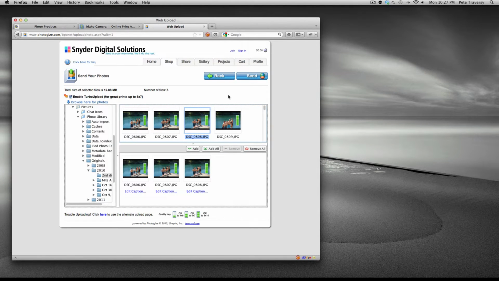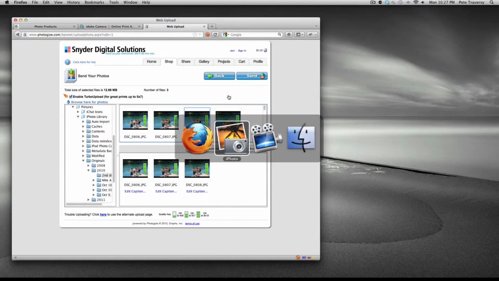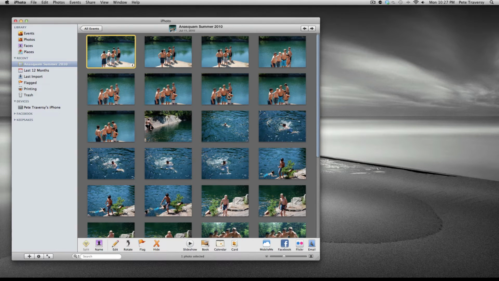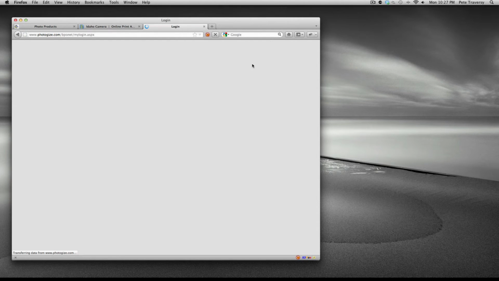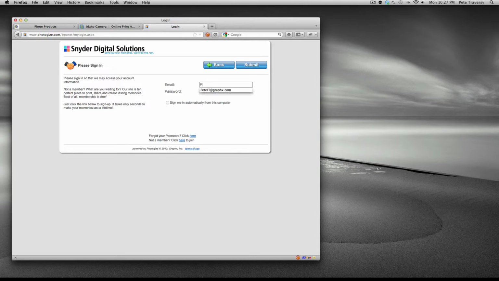So that's easy. But an even cooler way to manage your iPhoto photos is with something we call the iPhoto plugin for PhotoCentral. And that's an install straight from the PhotoCentral website. If we go back to the website here on the profile page, if you sign in,